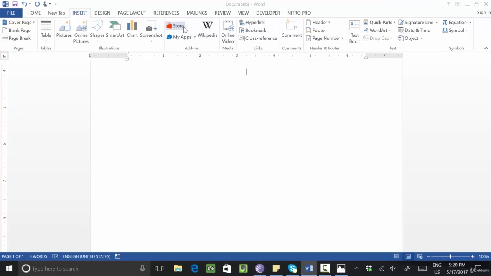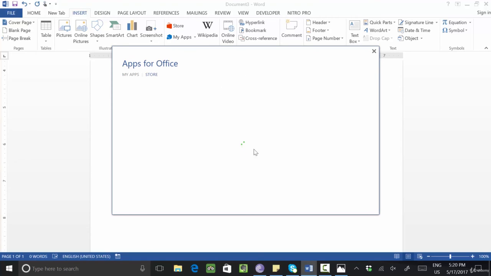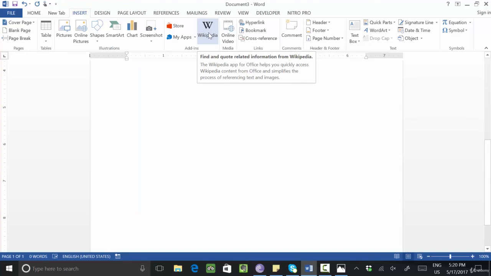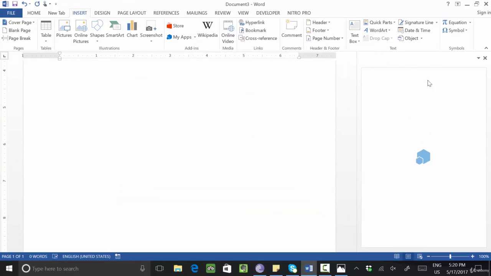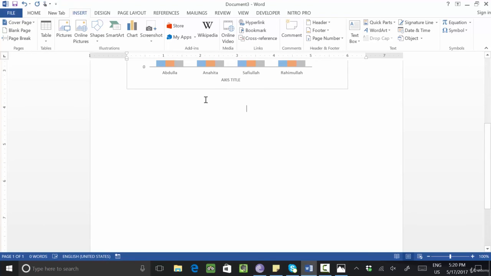No? This is a special feature which is coming in the new Office. If you want to bring something from the Office Store, click on it and the Office Store will open in front of you. So you can search here and you can download here, same like how we brought the online picture. Is it clear? Okay, if you want to start Wikipedia here, Wikipedia is the engine where you have all the information of anything. View all apps, so you will see Trust All, and it will display. But for all these options you need internet. You need a proper internet, then you can bring it. Clear? Normally in our daily life we cannot use these options.